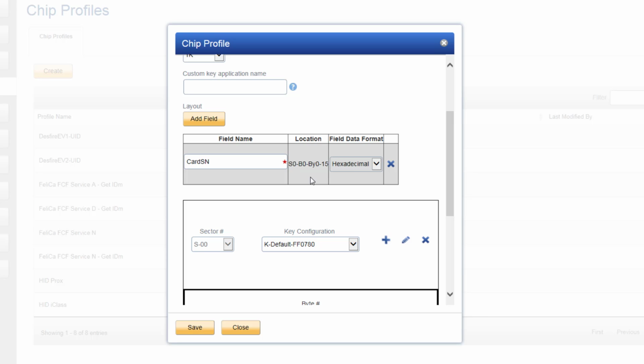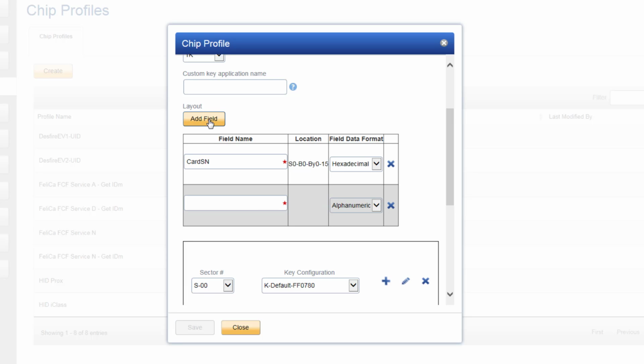Now we need to configure the layout information for the other fields. In this example, True Credential is going to write the first name and last name to the chip in alphanumeric format and the employee number in decimal format. We use the same chip profile to encode the chip that we use to read it. In the Layout section, we click Add Field